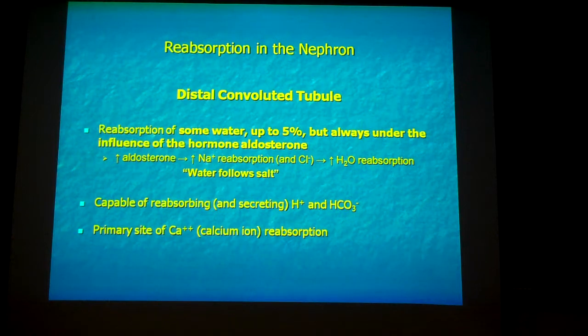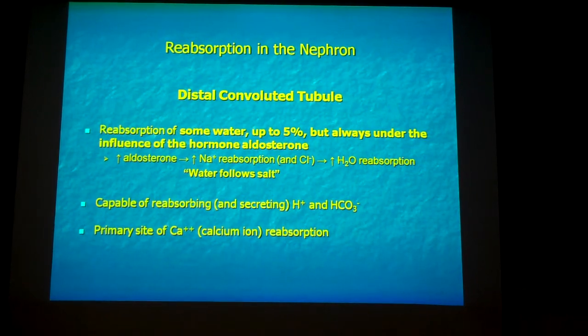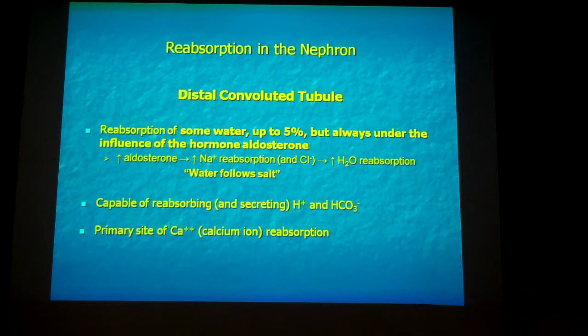All right, now we're down to the distal convoluted tubule. We're coming out of the loop, we're in the distal convoluted tubule. What happens here? Well, we can reabsorb some water here. But if we do, it's going to be under the influence of aldosterone, that hormone of the adrenal cortex we talked about. Aldosterone promotes sodium reabsorption. And sodium reabsorption in the distal tubule will cause water to come with it. Remember the axiom, water follows salt. So we could reabsorb as much as 5% of the water in the distal tubule